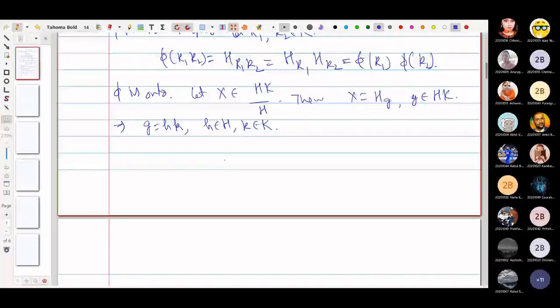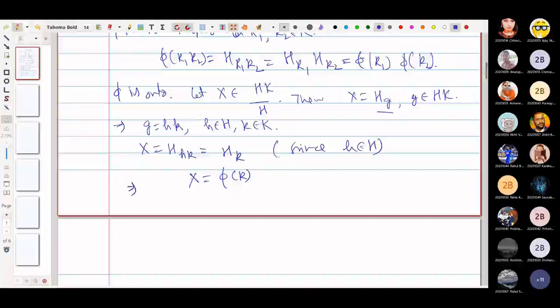K belongs to capital K. Fine. So therefore, capital X equals H times K, and this equals HK, because small h will be absorbed in capital H, since h belongs to capital H. So this implies that this X is nothing but h times k. Therefore, phi of X equals phi of